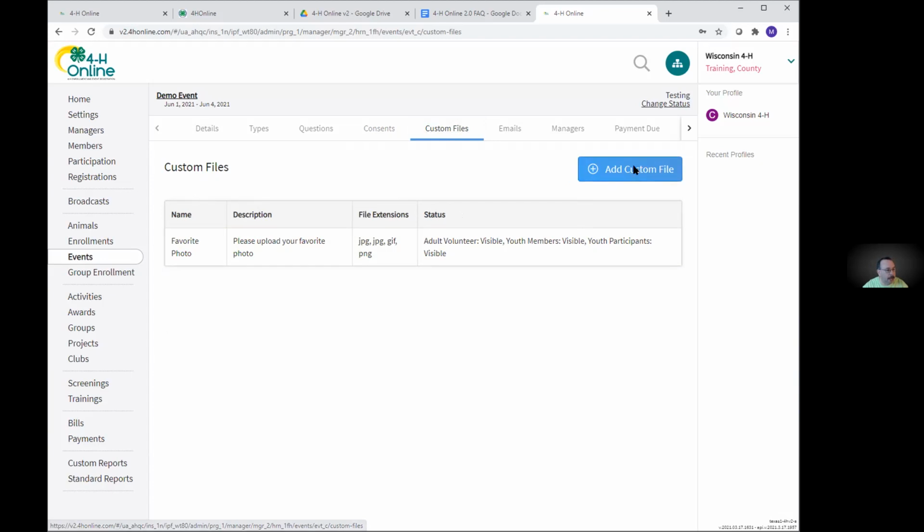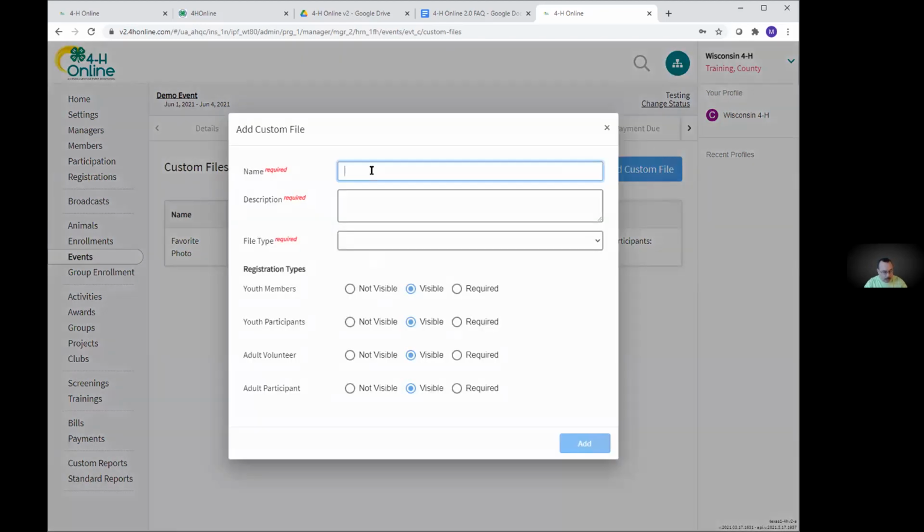And to do that, you just click on Add Custom File, give it a name, and then a description. I'm not very creative here. The file type, high quality image. You're probably not going to be using that. That is a TIFF. That is not what people normally get off their cameras. The image, that's your PNGs, your GIFs, your JPEGs, what everybody recognizes as a photo file. And then there's PDF.